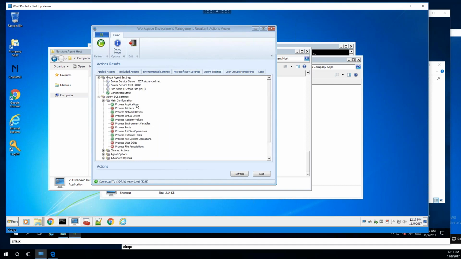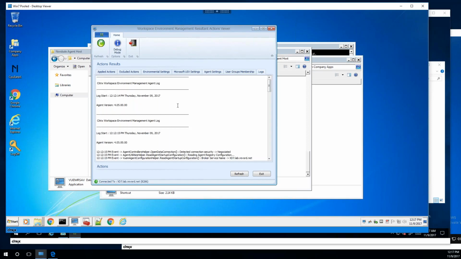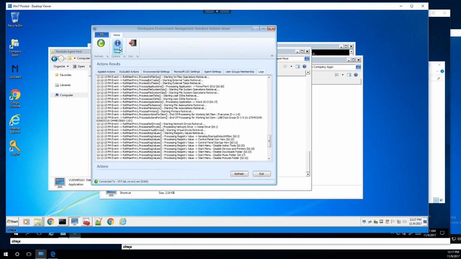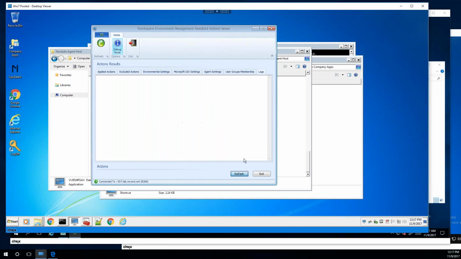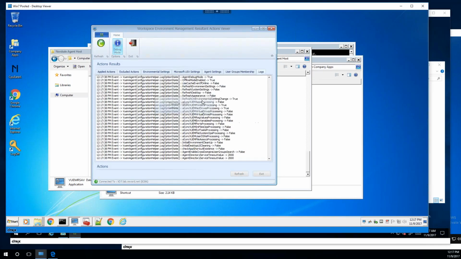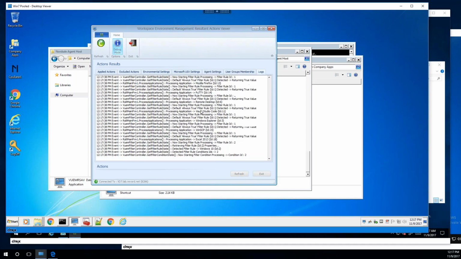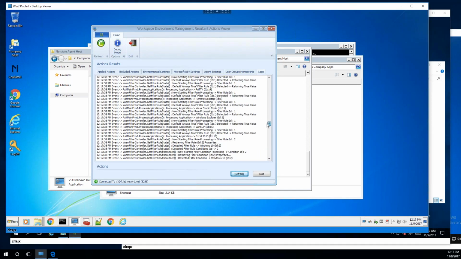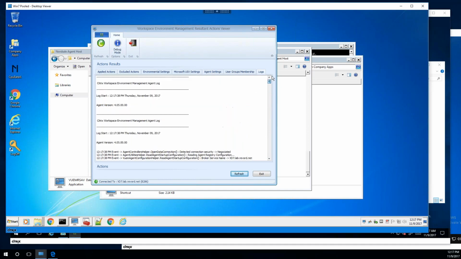It tells you all the settings that you got, if you're connected or not to your site, and then, of course, the logs. These logs are great. One of my favorite things when I'm having issues is I come in here and I click debug mode and do a refresh, and it gives me a verbose log as if I'm in debug, but it does not actually put WEM in debug mode. So it just gives me the log that way so I can see what's going on in more detail. It also has a log parser, which will take that log and make it much easier to read.